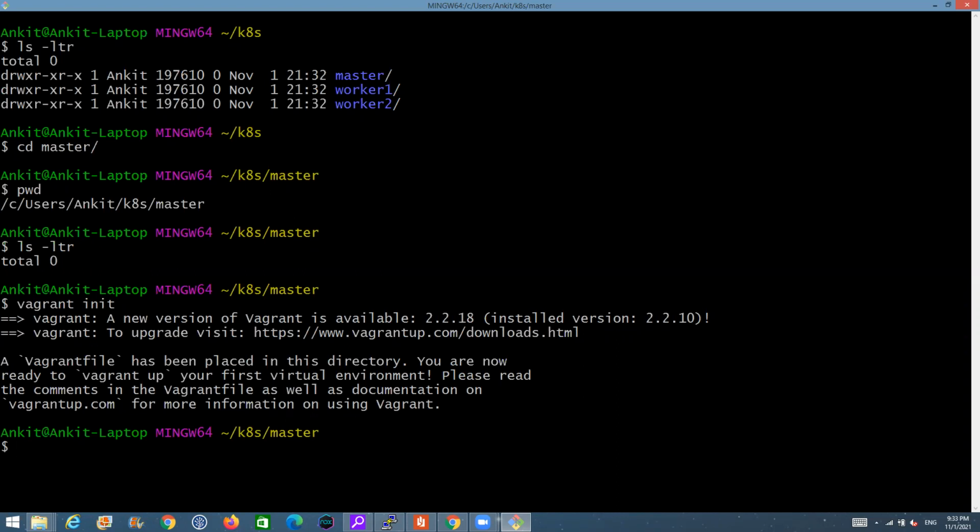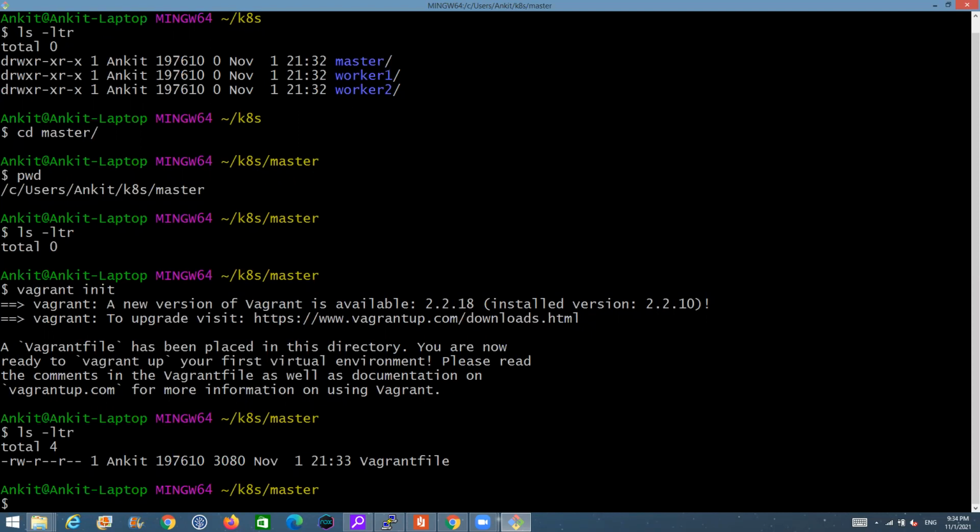Now, what is this Vagrantfile? If I show you, the Vagrantfile holds all the configuration about the machine. Now you cannot change the name of this file. The file name, the way it has been written with a capital V, should exactly be like this, because Vagrant expects this file. All the configuration regarding the virtual machine goes inside this Vagrantfile. So when you run the vagrant up command, it will expect that you have a Vagrantfile in your working directory, and it's going to refer to that Vagrantfile which holds all the configuration, and on the basis of the configuration you have passed inside it, it's going to create your virtual machine.